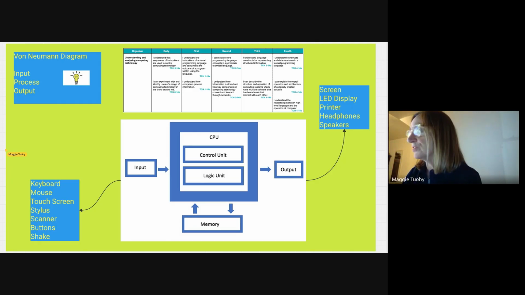Could be a keyboard and mouse if it's maybe a desktop or laptop, but we've also got touch screen, like on our phone or tablets. We've got stylus, we've got scanners, we've got buttons and shake, and I've put them in because they relate to the microbit. So an input device is a device that gives the processor data in some way so that it